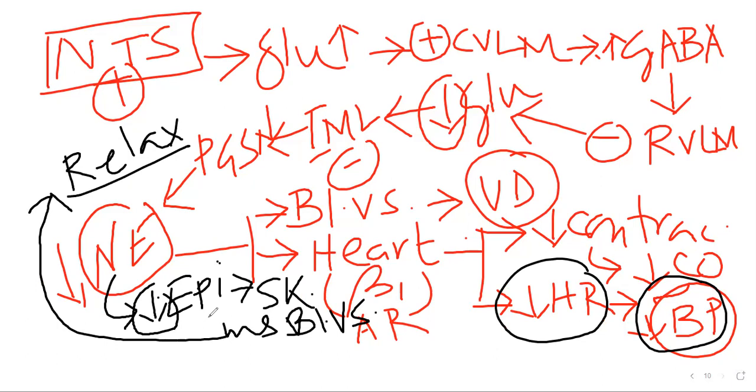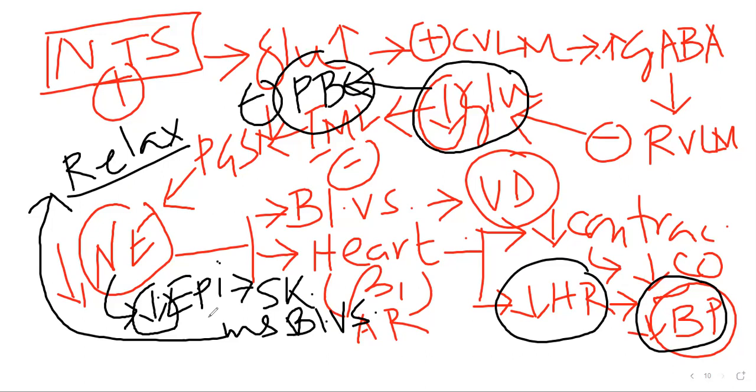Another thing will occur. If there is a decreased amount of glutamate released from the RVLM, what will happen? It would normally stimulate the pre-Botzinger complex, so the pre-Botzinger complex will also be inhibited. As a result of this inhibition, there will be a decrease in the ramp generator. So with the decrease in the ramp, sudden apnea will occur, followed by hyperventilation.